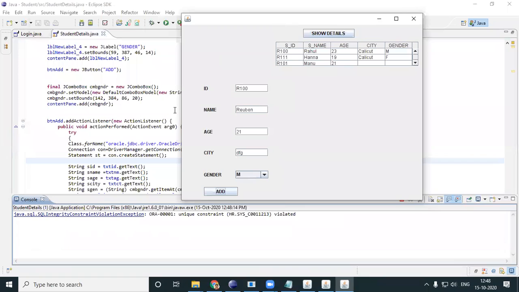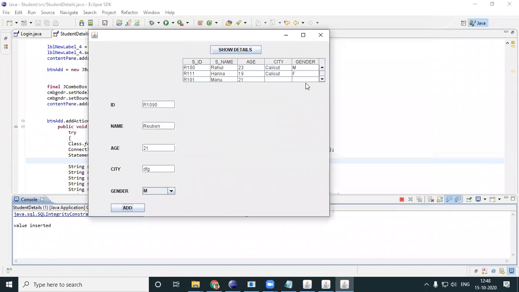You will get an integrity constraint violation because we've set R100 as the primary key. So I'll enter something else, R090, and add Ruben. The value has been inserted.